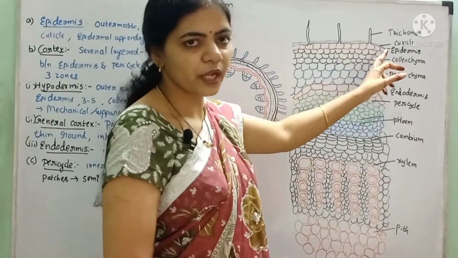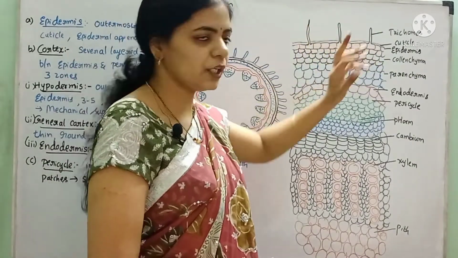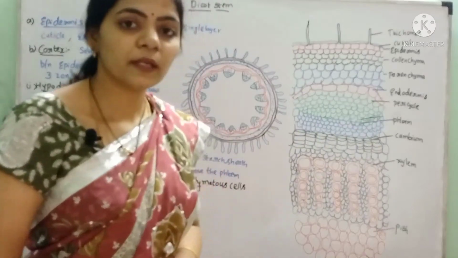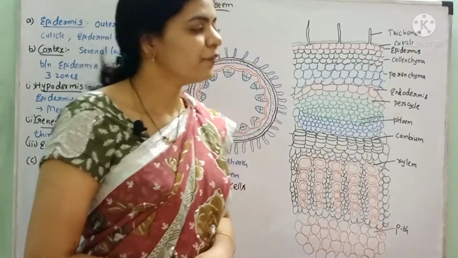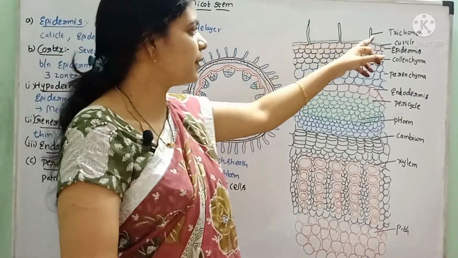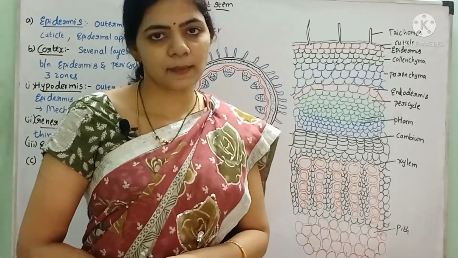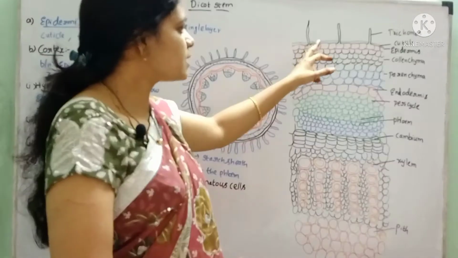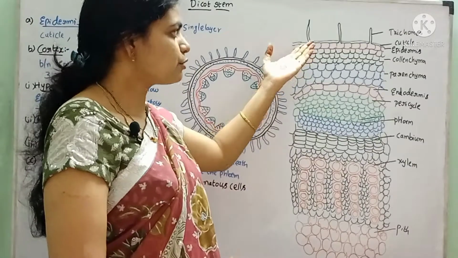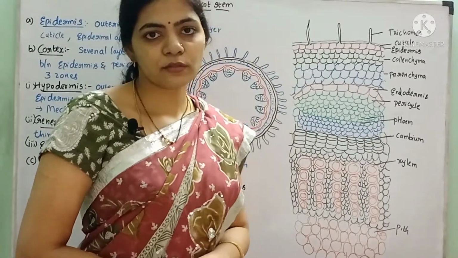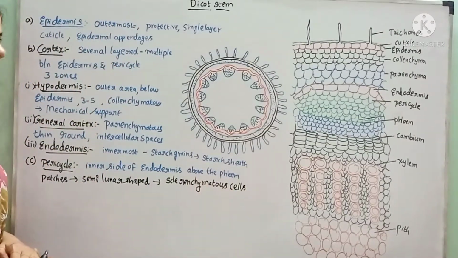Only one layer we have drawn, and from this epidermis several epidermal appendages emerge. Those epidermal appendages that we studied in the roots are called root hair, whereas in the stems the epidermal appendages are called trichomes. The trichomes are also called stem hair. In some young stems, in addition to these trichomes, stomata are also present, but in the mature stems the stomata are absent.